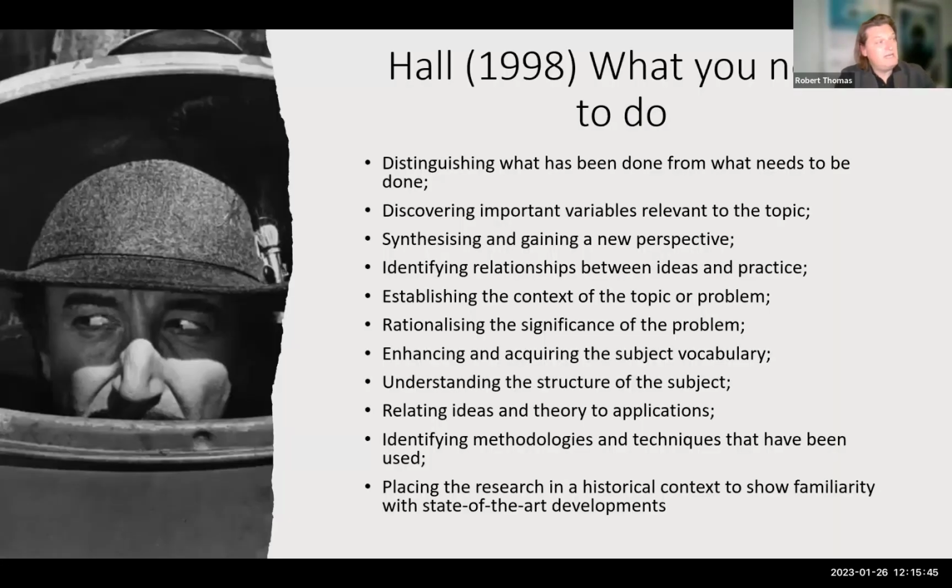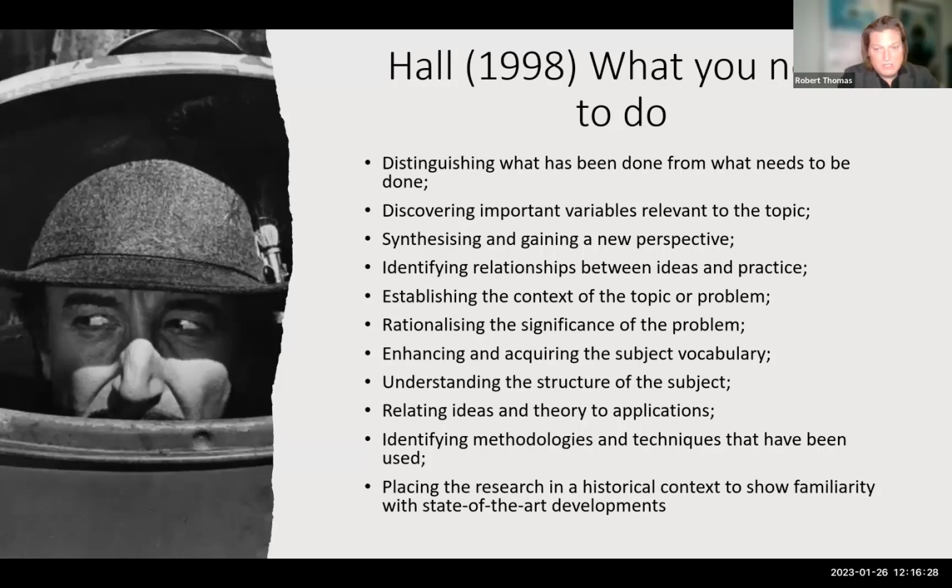So this is just a basic idea of what you need to do in a literature review. I won't go through them all, but of course, all of these need to be addressed. All of them need to be addressed. But synthesizing and gaining a new perspective is something that often throws writers. The new perspective is the context of your work. You're utilizing the theory to underpin the rationale and the necessity of your work. That's what we mean by synthesizing and gaining a new perspective. You are forming the literature around your research idea. Again, nothing new, so don't worry about the notion of new perspective. The newness is that it's being applied to your context.